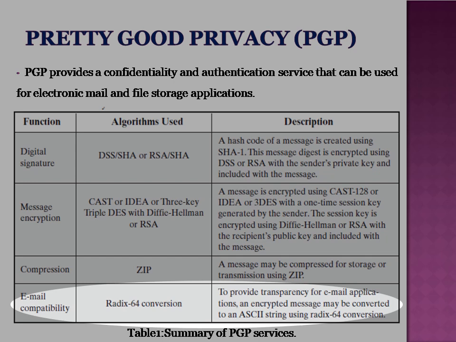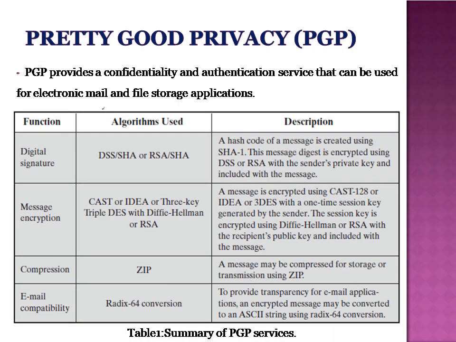So what happens in Radix 64 conversion? An encrypted string is converted to an ASCII string. That's it. So this was about the services which are provided by PGP, which include digital signature, message encryption, compression,